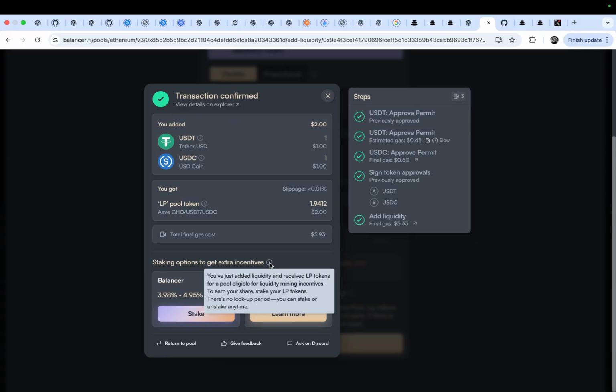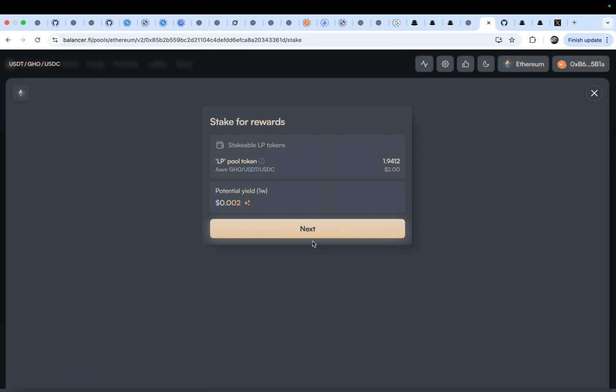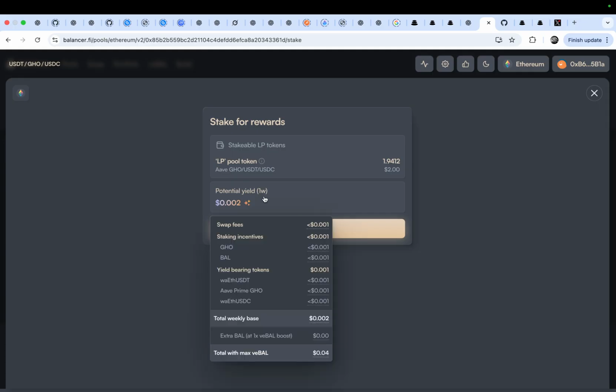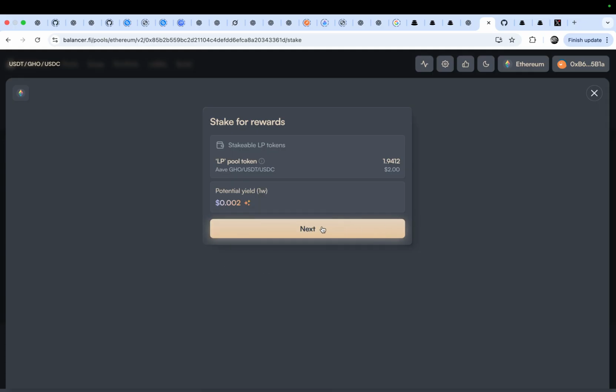To earn your share, stake your LP tokens. There's no lockup period. You can stake or unstake anytime. So I choose to stake LP token. Potential yield. Next.